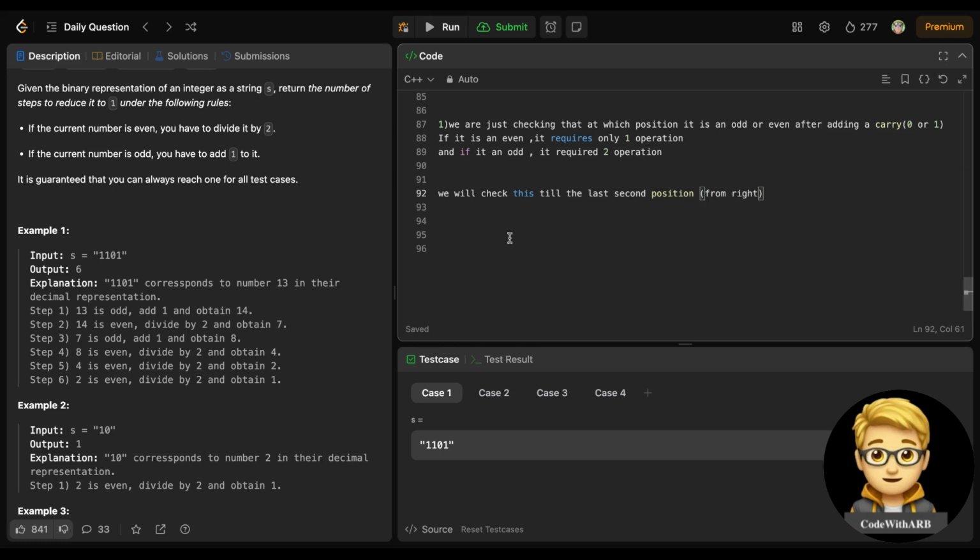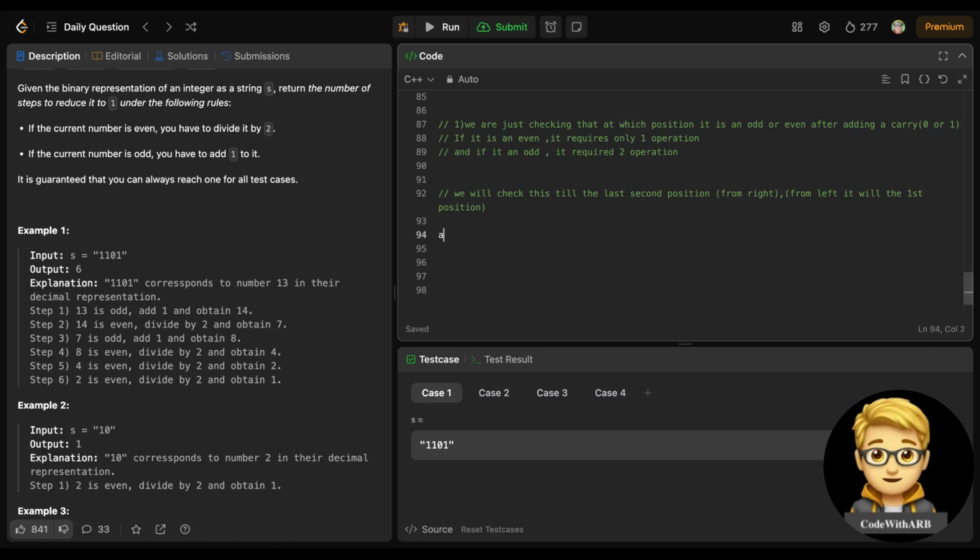From the left it will be the first position. So we will apply these operations, and after that we will check if the carry forward is